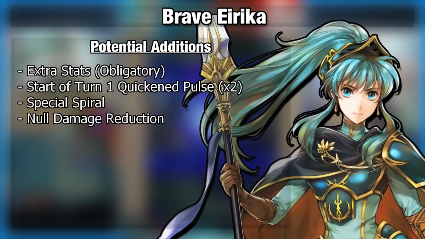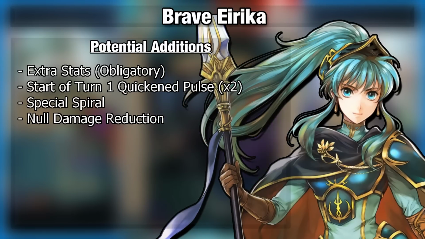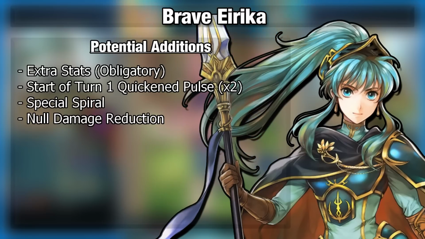Quicken Pulse 2 on turn 1 so that she could have an automatic special. The Spiral effect so she could charge it right back up after combat. And null damage reduction or specials. I don't think nullifying specials in particular is the most necessary, especially if they want to go into her damage reduction properties as well. I think null damage reduction will definitely be a lot more helpful, and this is basically